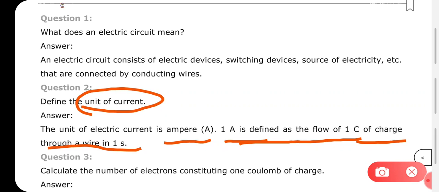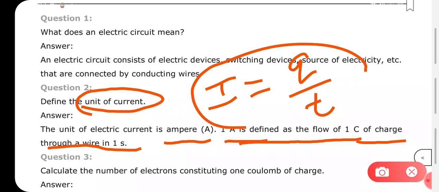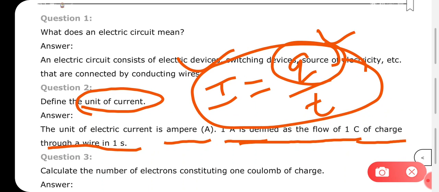So you have to just put that formula which you already know, that I is equal to Q upon T, right? You know this already. So you have to just put this into a statement and your answer will be done. That I, that is 1 ampere, current we measure in amperes. So this I will be 1 ampere when the amount of charge being carried is 1 coulomb, in how much time interval? In 1 second. In that condition only our I will be 1.